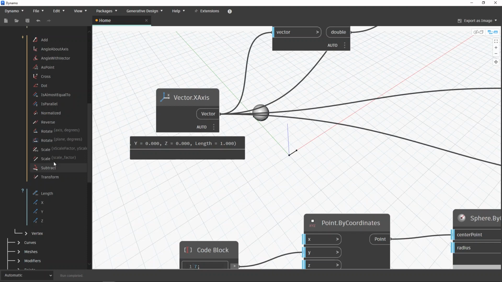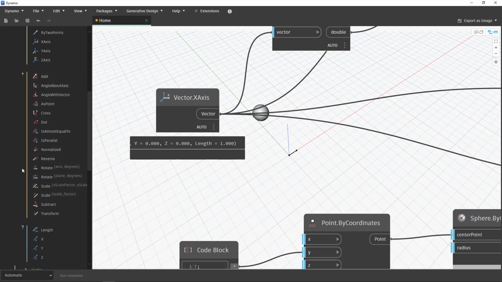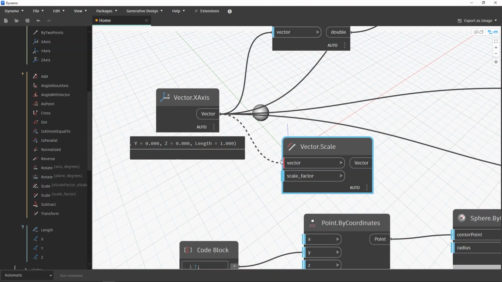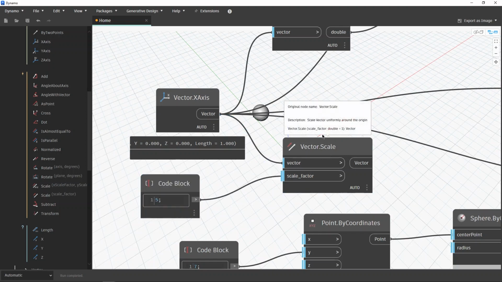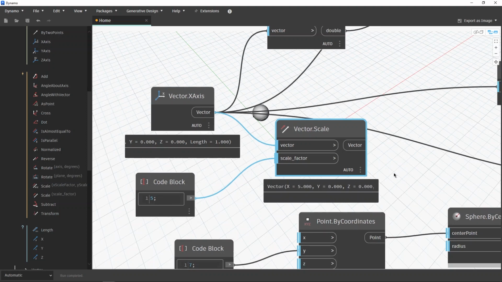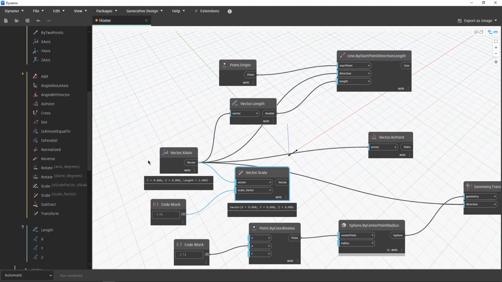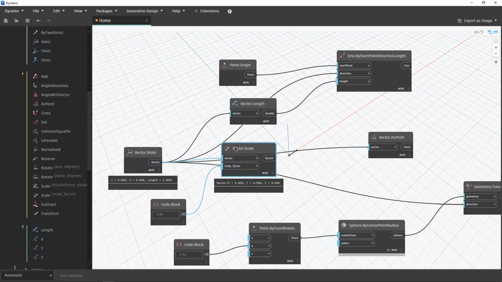But how can we change it? So here in vectors, we have an option to scale. So when you scale, again, let's scale this to 5. Let's see what kind of information we have right now. Our x equals 5 right now, and our length is also 5. So what we can do here is let's visualize,